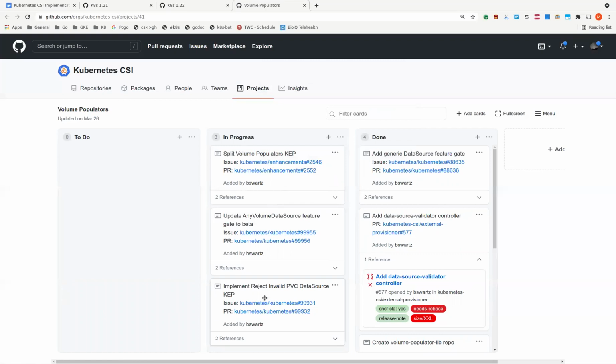How many entry PRs do you have? Just the one. Yeah, this adds in the new data source ref field and the relevant validation rules, the change to strategy to populate the field on retrieval, and all the feature gate changes for the any data source feature gate. And then a huge amount of new unit tests to cover all the weird possibilities.